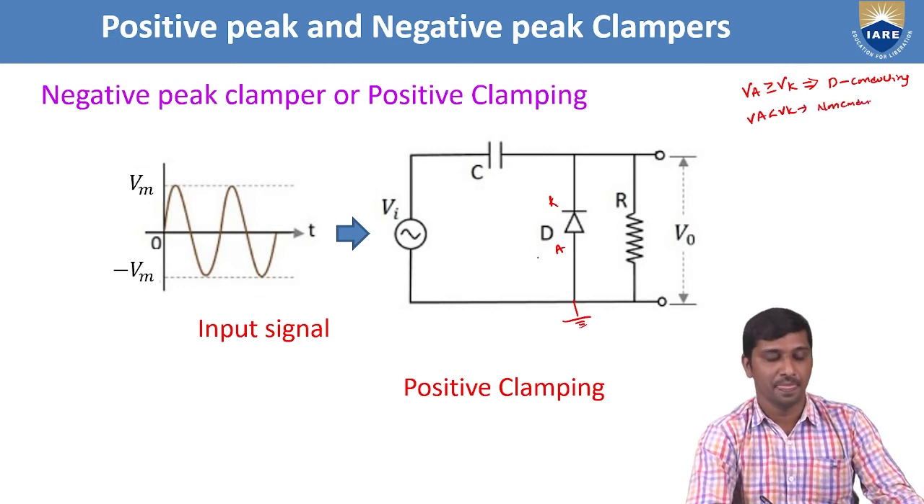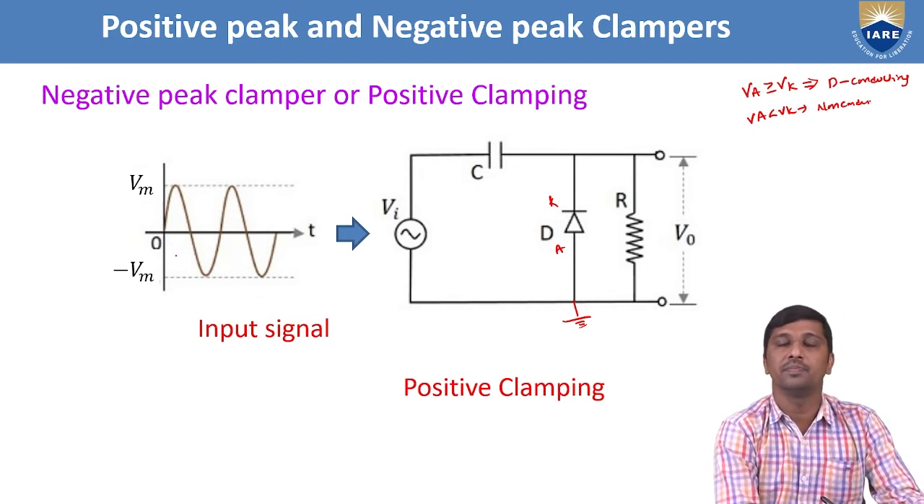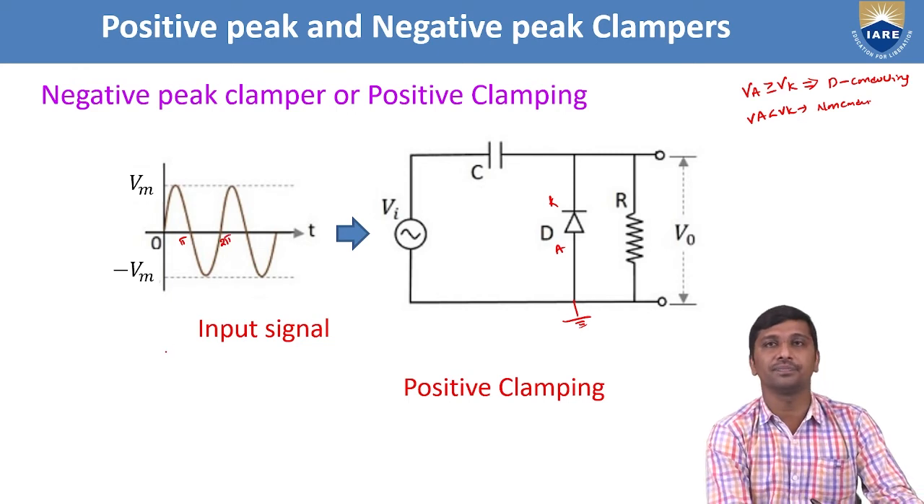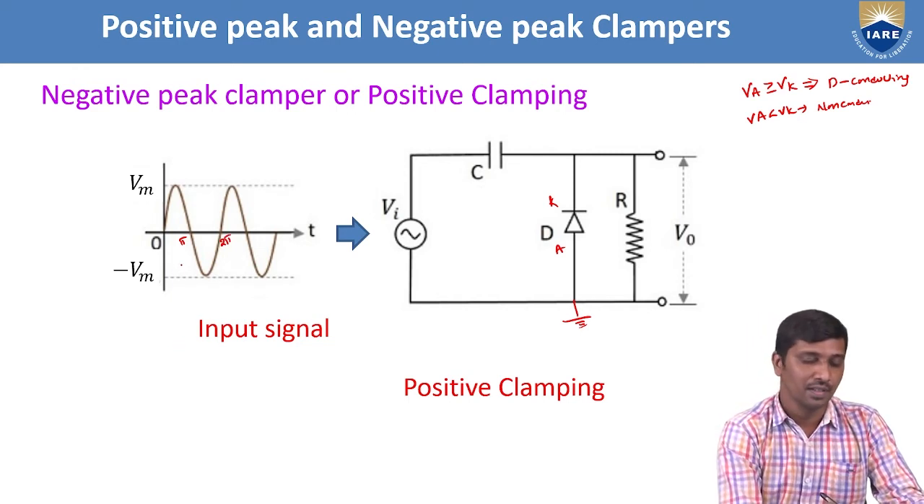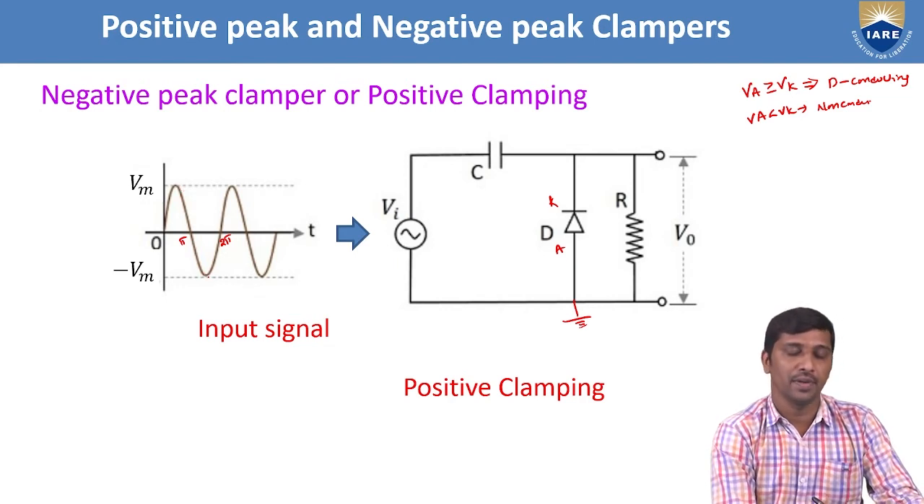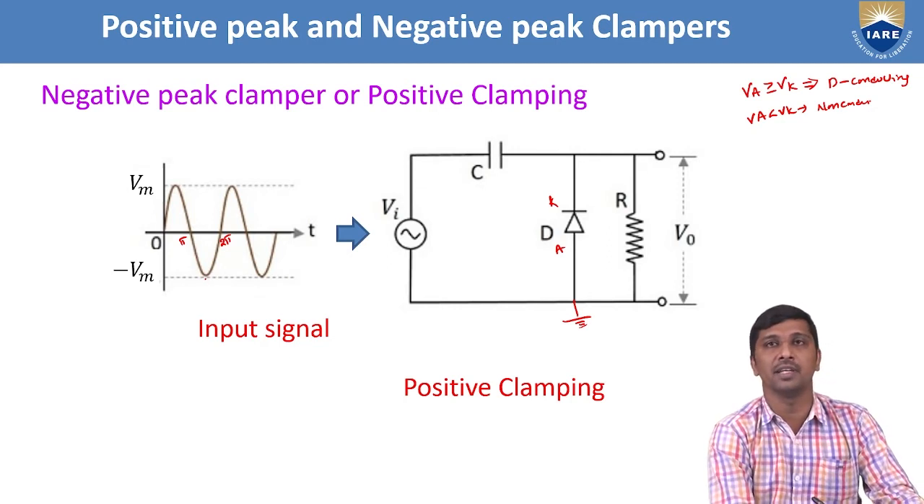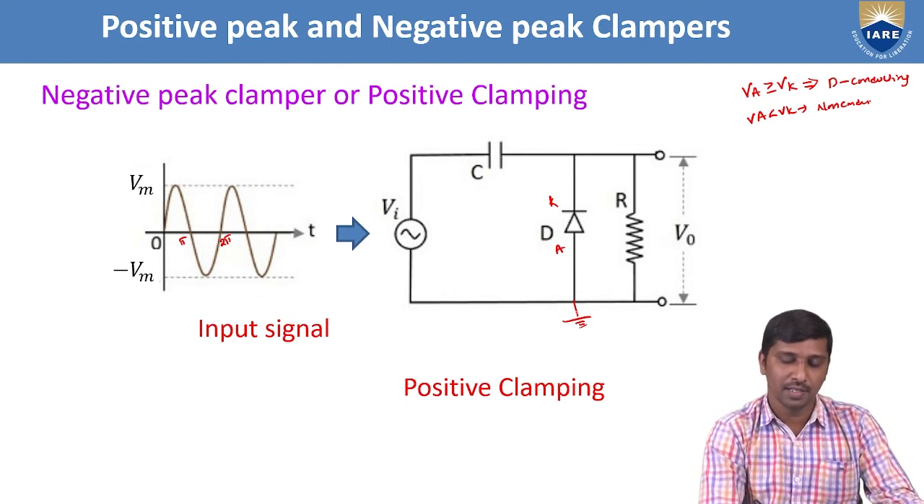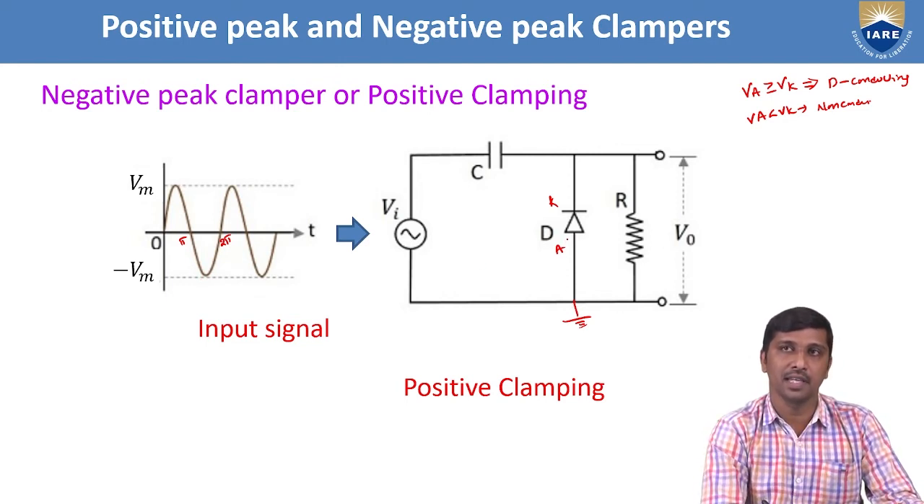So here there are the two peaks. There is the 0 to pi duration and the pi to 2 pi duration in an input signal. In the 0 to pi duration, the input is moving towards the positive peak voltage. In the pi to 2 pi duration, the input is changing towards the minus Vm, the negative portion. And here the anode is connected to ground, which means the anode voltage is 0, so the cathode voltage should be